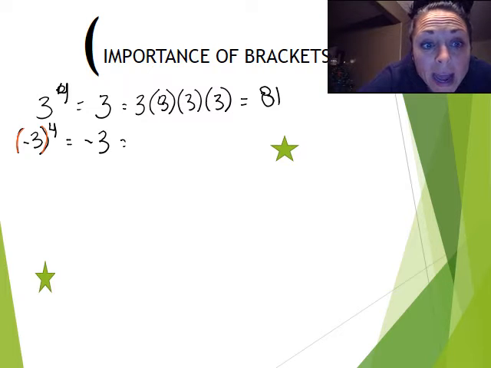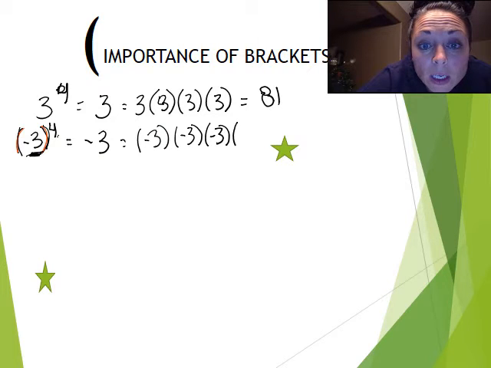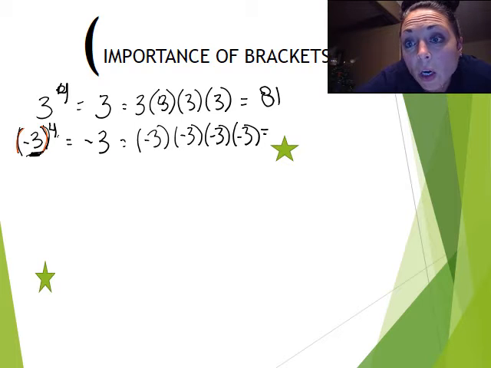That means negative 3 times negative 3 times negative 3 times negative 3, which we know because when we reviewed our integers and rational numbers unit, we learned that an even number of negative signs equals a positive,